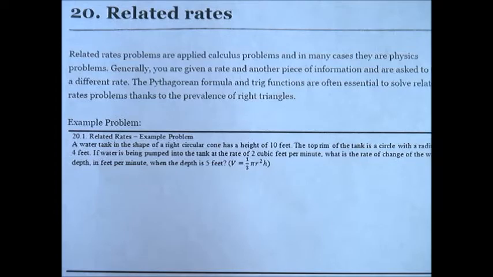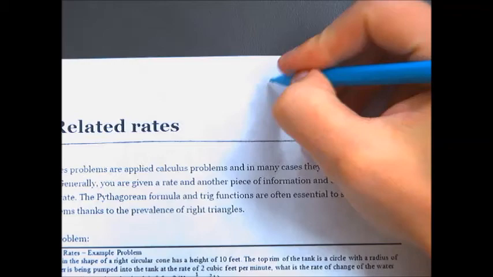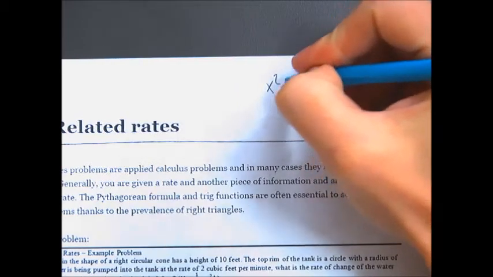Section 20, related rates. This is a section that gives a lot of people problems because it's applications of what is essentially implicit differentiation. Because we have multiple variables that are dependent upon generally time. And so we have to take the derivative with respect to time of all of them, and all of them have, just like an implicit differentiation, when we take the derivative of something like x squared plus y squared equals